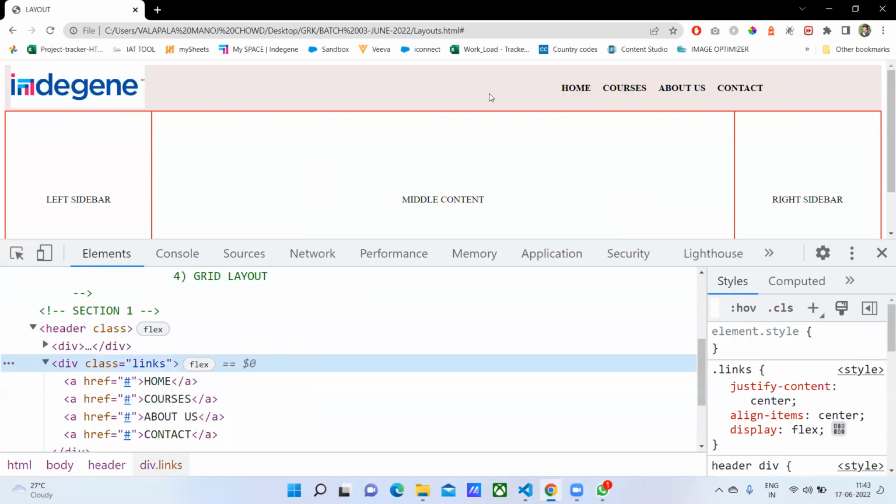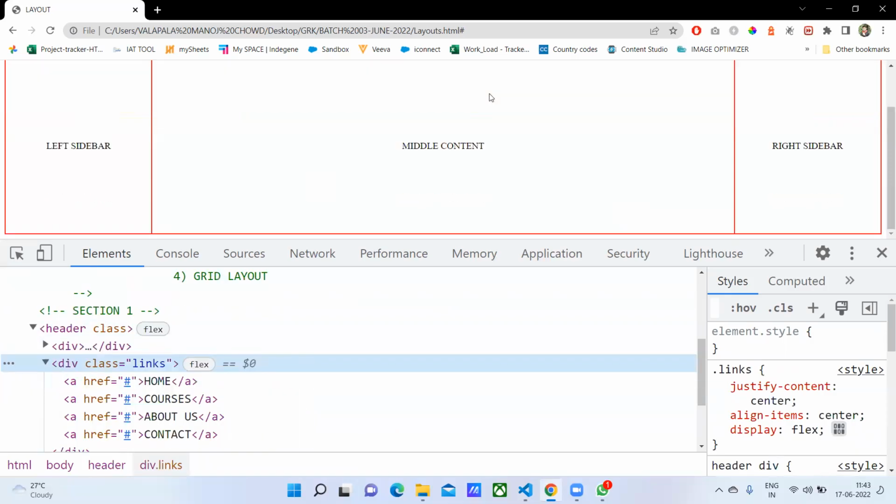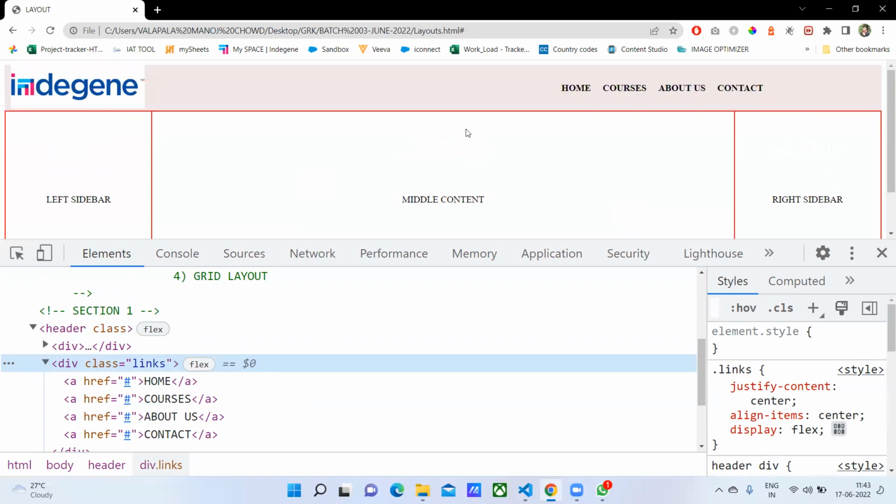Okay, see, did it come to the center? So one thing you need to remember is, suppose here there is no other content, that is why display flex is working properly. Just imagine, suppose you have other elements in this. So generally, flex will keep the elements side by side. Okay, for example,